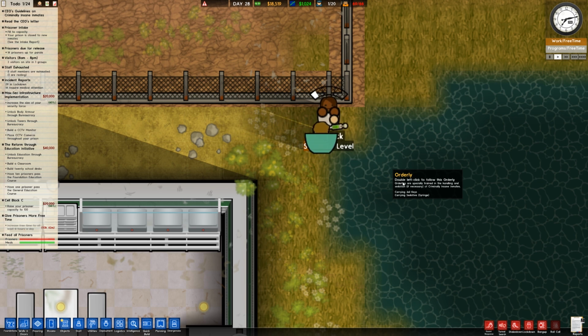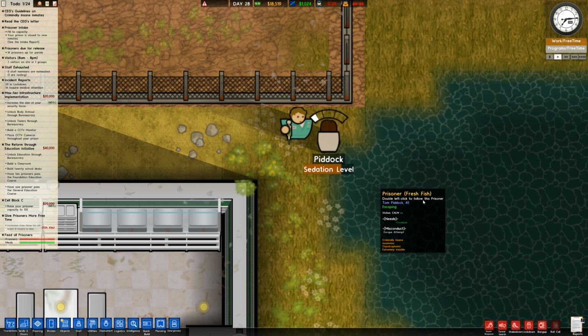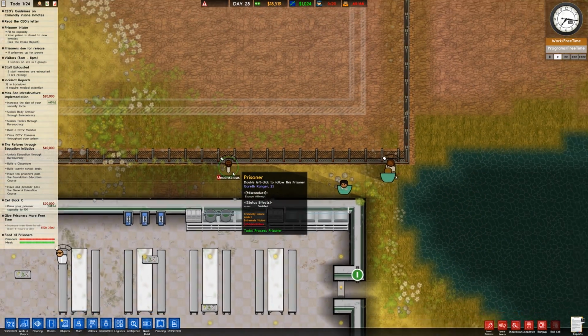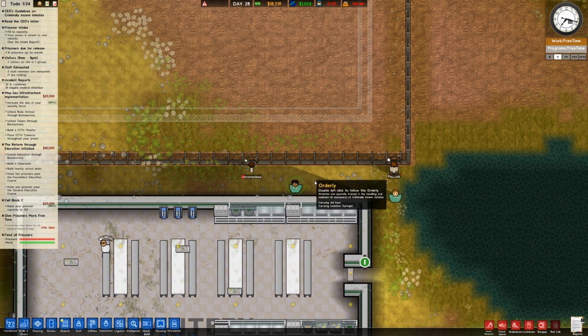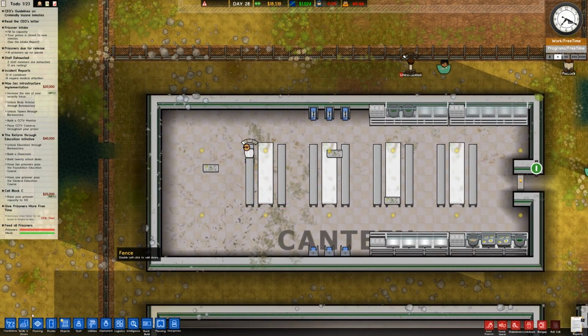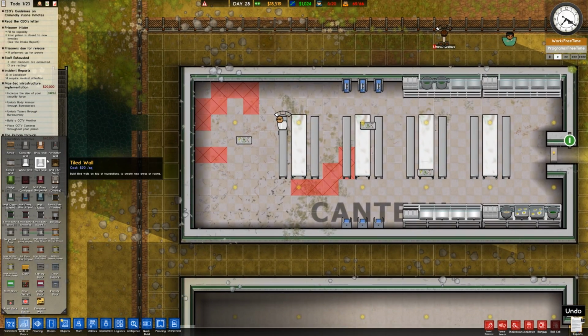And what will happen is the orderly will come along, and you can see there's now a sedation level, which is interesting, and they're now sedated. So, that person is unconscious, but that person's sedated. I don't know why it was like that. Anyway, we're going to go over to our...